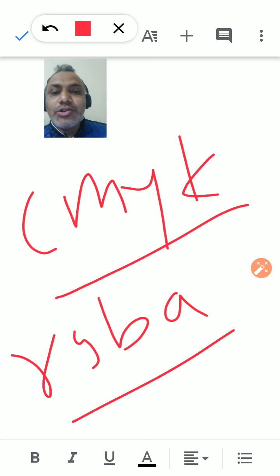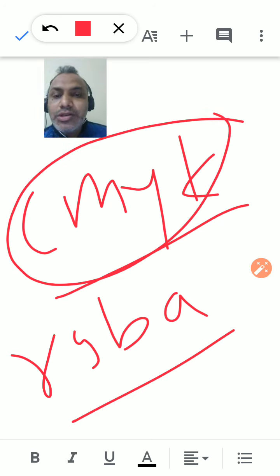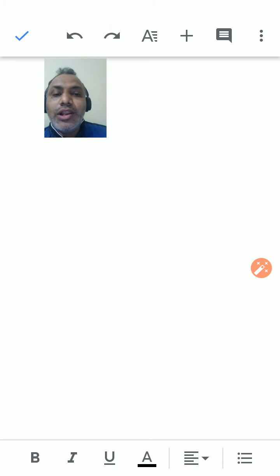The printer devices know that combination. So when you want to print the application, we can use CMYK color, and then print whatever color you want. That is the difference between the color modes we have.